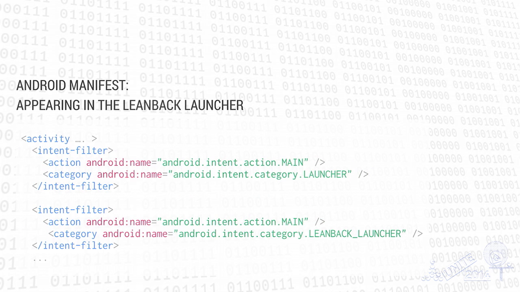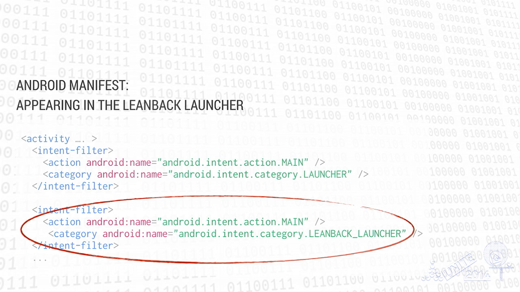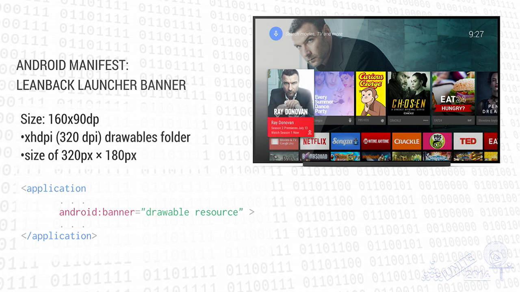In order to appear in the lean-back launcher, again, this is all stuff that Unity's checkbox will do for you. I'm pretty sure this is already there. That's how you appear in the lean-back launcher. Basically, you just create a second intent filter in your manifest, and boom, you now are in the lean-back launcher. Pretty slick. We also have these cool new banners that show up in the television launcher, and those banners are